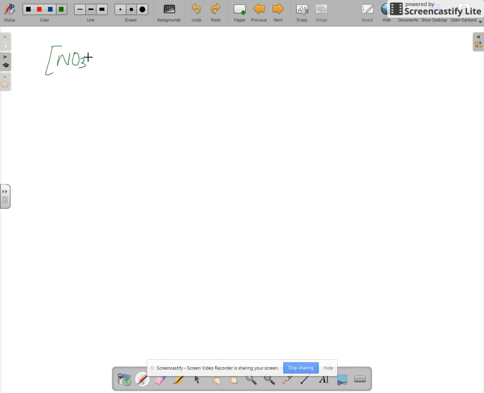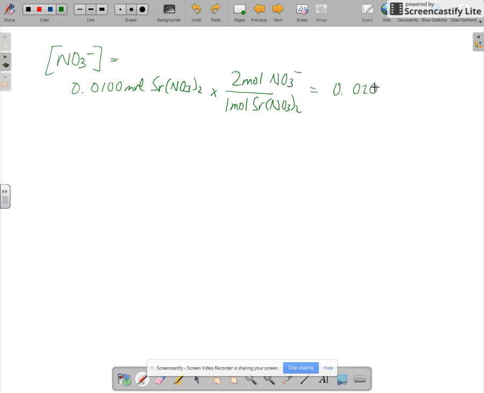I'm just going to take nitrate first and say to myself, where did the nitrate come from anyway? Now I know it was a limiting reactant, but that doesn't really matter. The source of the nitrate was the 0.0100 moles of strontium nitrate that you calculated originally. But the catch here is that for every 1 mole strontium nitrate, there are actually 2 moles of nitrate ions. That's the important part. So that becomes 0.0200 moles nitrate. That's the only thing that matters. So to get the molarity, you just got to take that guy